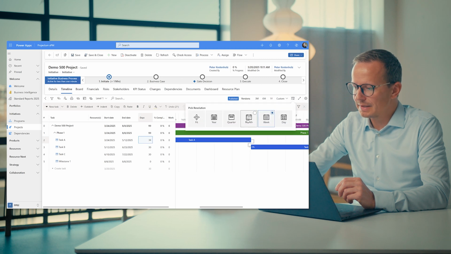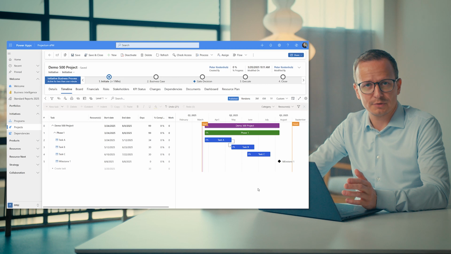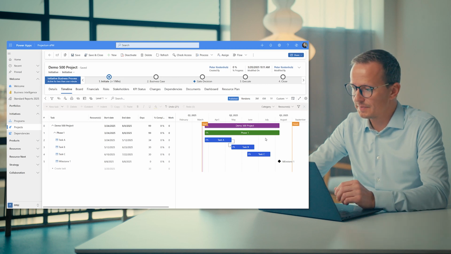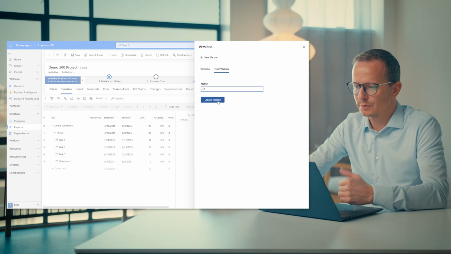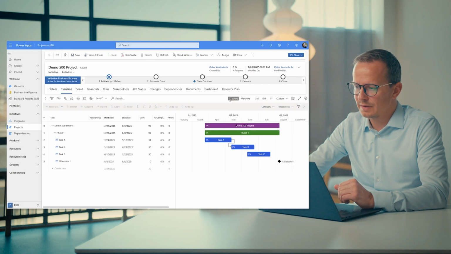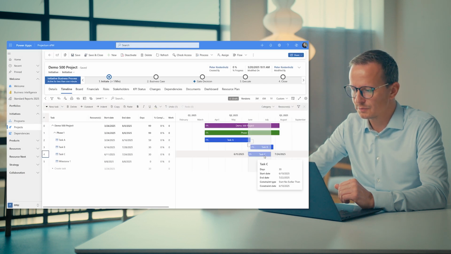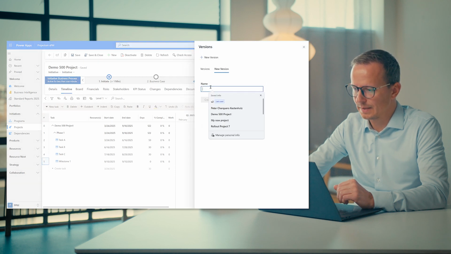Now, going back again to the overview here, we can also create a full version of this project, so the schedule at least. So up here we have something called versions. Let's say this is one version, and now you want to create a version 2. So we create a version, which means it's a full copy of the tasks. So now we are working with the version 2 of the plan. Let's say we then move this one to here, and this one to there, and this one to here. Then we can do version 3, perhaps,